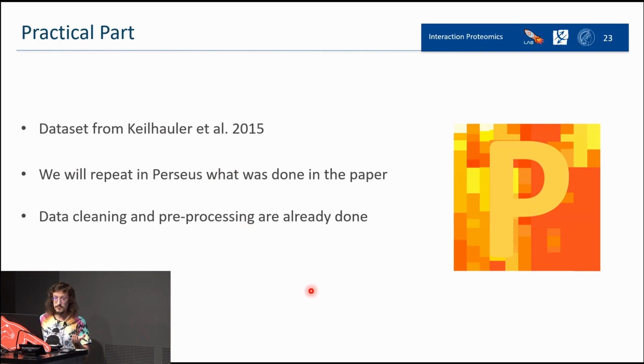As I said, there are 2 different sessions in the USB stick. This is the practical number 7. And you will have one session with the pre-processing done. We will open it now, that one, so we don't waste time during the pre-processing that you've done already yesterday. And also, if you miss something here, don't worry, because you also have the complete session, Perseus, where you can just open that and go through it again.